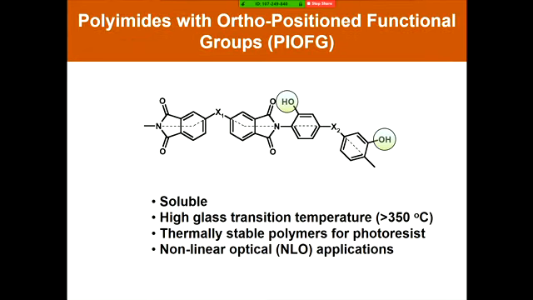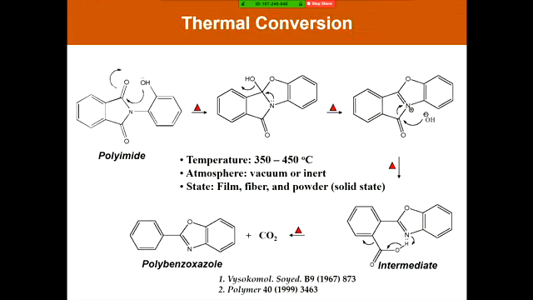in Korea to explore a family of materials based on polyimides with so-called ortho-position functional groups. The backbone structure, generic structure of these materials are shown here. These materials are very rigid materials, and they have these ortho-position functional groups that, upon heating, undergo a chemical reaction to produce so-called polybenzoxazole structures in the chain backbone. And these polybenzoxazole structures produced by this so-called thermal rearrangement process have outstanding gas separation properties.